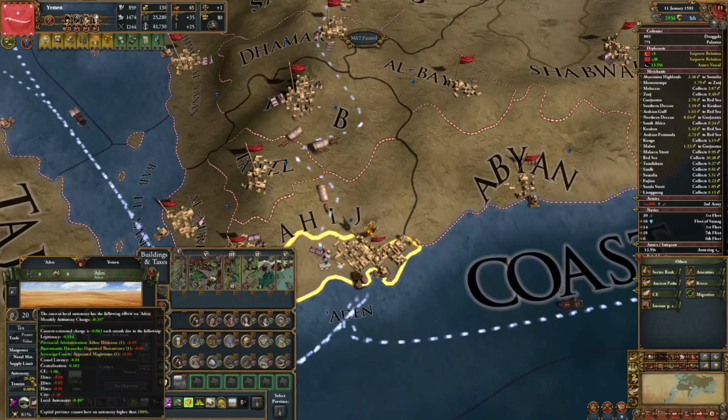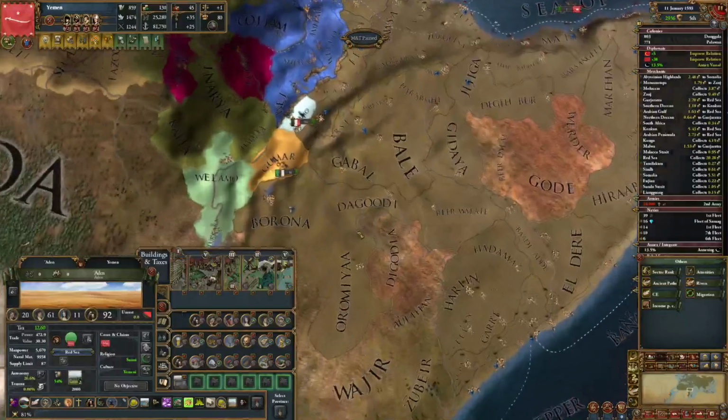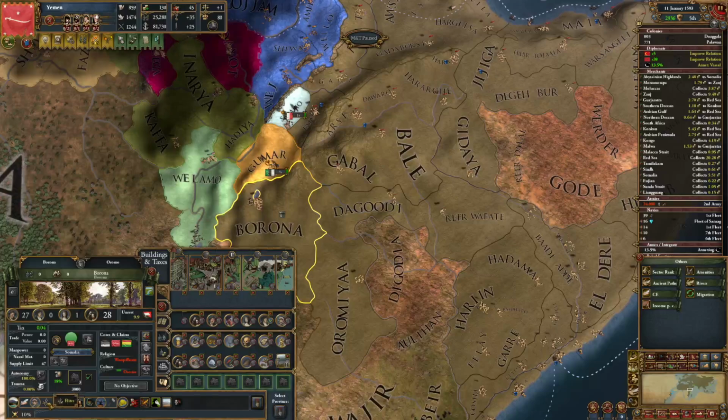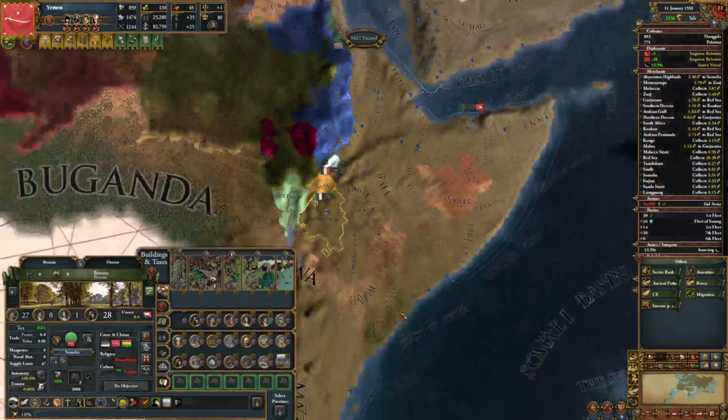So here they are relatively powerless in my capital, because the state is strongest here. It's my capital, so the elites do not have a lot of say. But let's go to, for example, Verona here, a relatively newly conquered province at 100 autonomy. We can see here that the elites have a bit more power here. It's not that much right now, but it could be a lot higher.